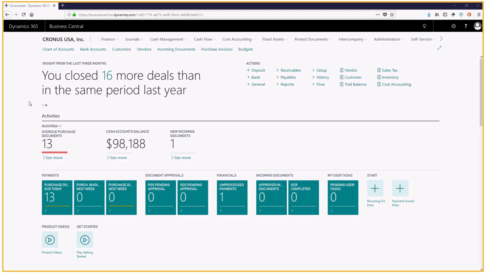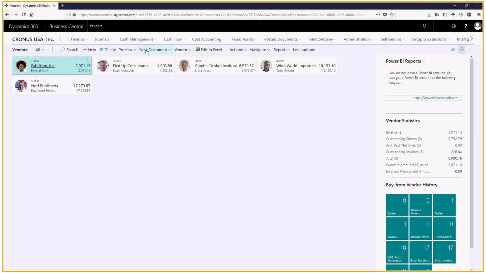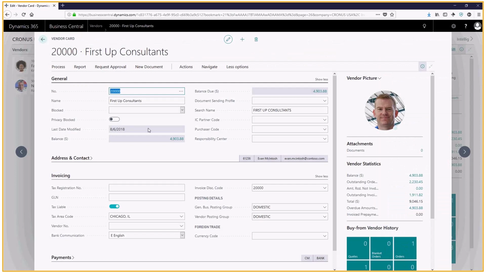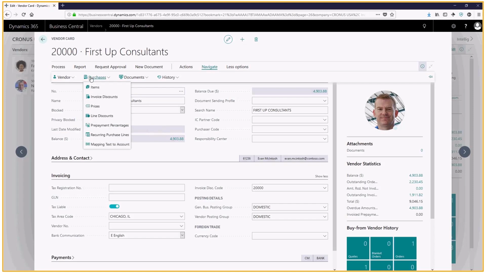So I'm going to go to the vendor card. We're using something called the recurring lines to do this. So go to the vendor. Okay, and we'll just pick our first up consultants. All right, once you're in the vendor card, you can go to Navigate, Purchases, and we're looking for the recurring purchase lines. Just so you know, this is on the sales side too, but for today we're doing this. The recurring purchase lines. So click on that,